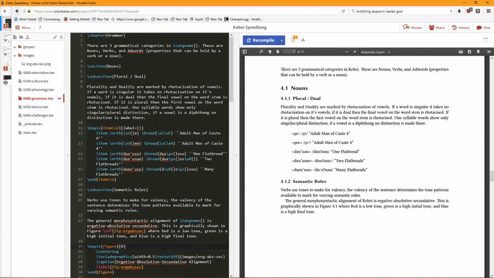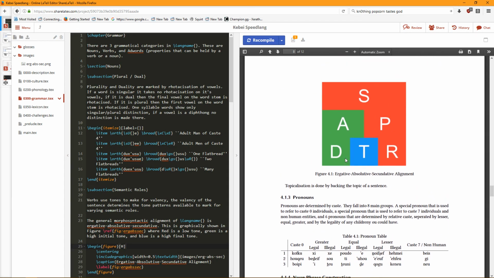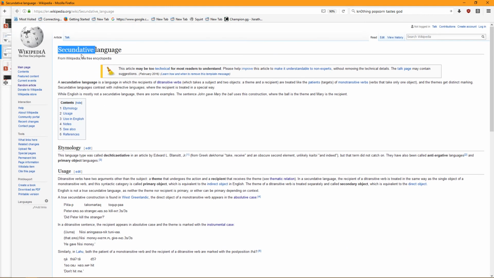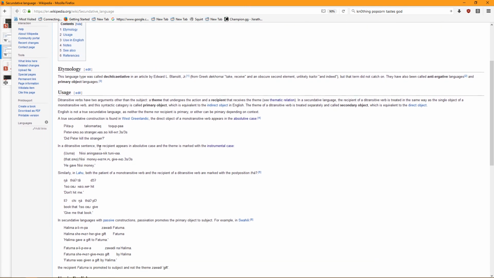Today my goal is to rewrite and to give a crap about naturalism. So verifying that my basically randomly selected morphosyntactic alignment was something reasonable, and ergative-absolutive-secundative is apparently a thing that exists, considering the very first Wikipedia example on the secundative language page is an ergative-absolutive language. There's actually a pretty decent survey PDF floating around on the internet that shows West Greenlandic.